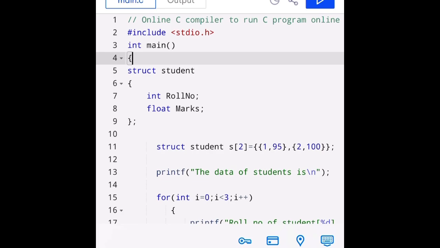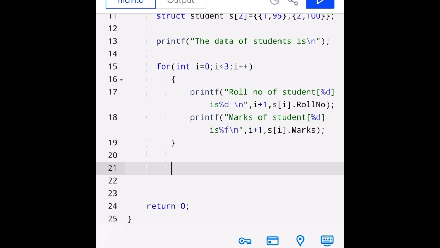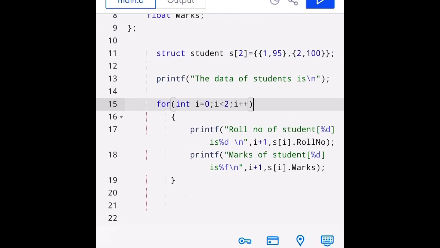So you can see the output is coming as the data of student is, because it was taking it again from 0. You can see that we have taken only two values. So I have again written there less than 2, because we have only two instances. So you can see the value it is printing, the data of student is, roll number of student 1 is this, and whatever we have